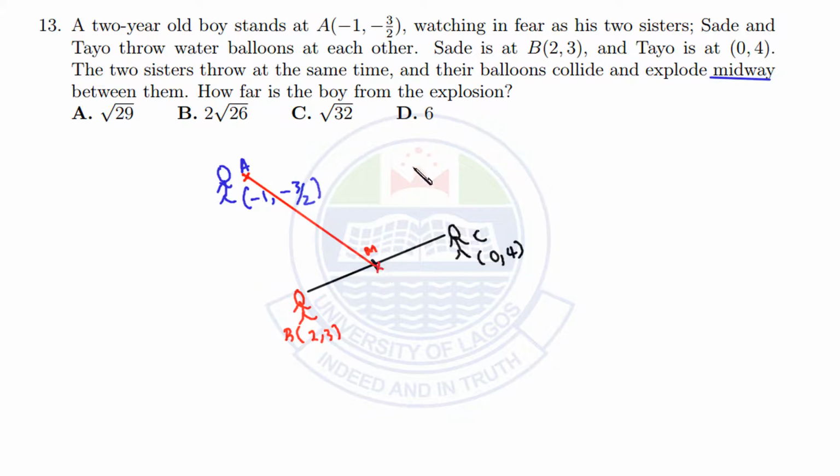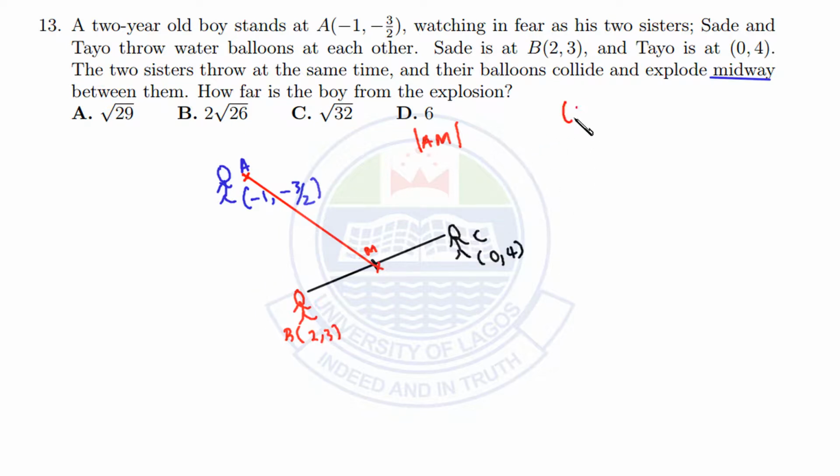And this point. So we want to calculate line AM. For me to know line AM, I need to know the point M first. And we know that since they collide midway, that means I can use my midpoint formula. And you remember that your midpoint formula says that if you want to know the midpoint between